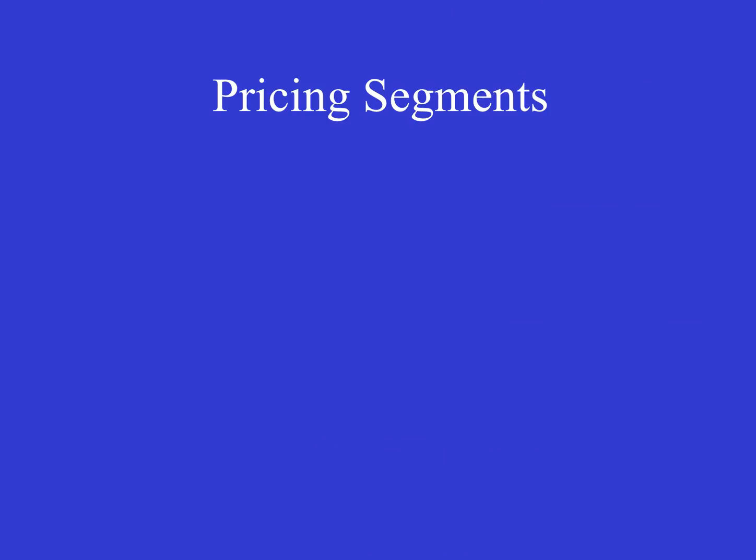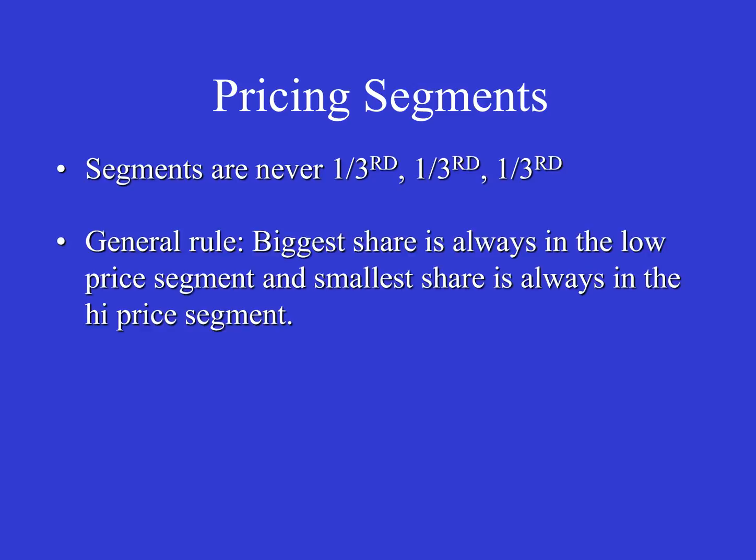And then finally, another way of looking at it is you could break down your markets into pricing segments. And I'll make this very easy for you. You could break it down to high, middle, and low price. So there's a high-end market in North America, there's a mid-market, and there's a low market in terms of pricing. Now, when you look at the total North American market, it's never separated into equal parts, meaning a third of the market is high end, a third is mid price, and a third is low price. No, the bulk of your shares go to the lowest pricing segment.